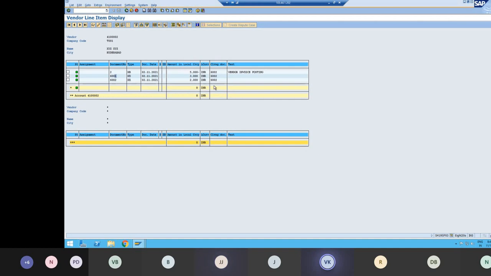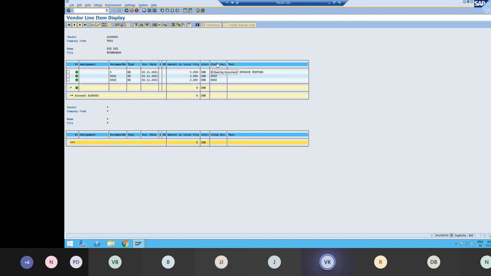Sir, for the 3,000 should be 6,001 only, no? No, that is the partial payment, right? We have to understand the clearing part. This is the payment, but at the same time, the system will also clear it. Understood. Because when it was 6,002, the document fully got cleared. Yes. When we did only 6,001, it was only partial, and both were open. So in order to do the whole clearing, with this document number, you can understand what will happen.